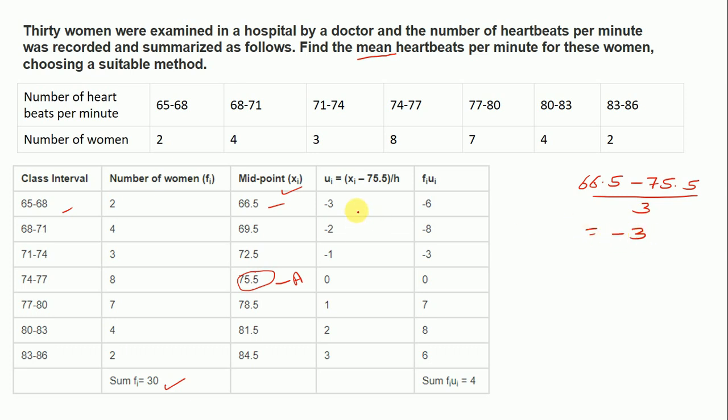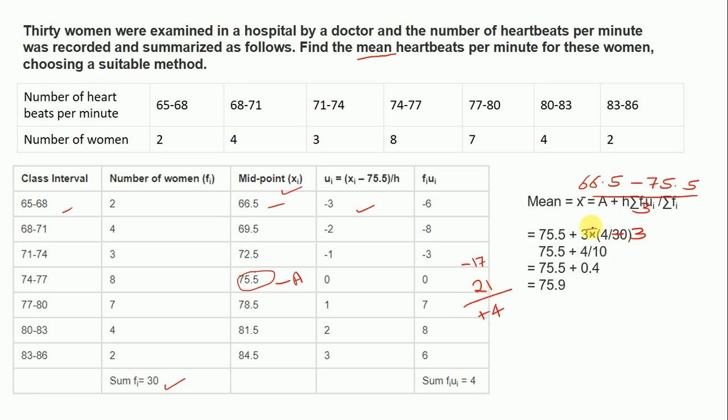So here it is Ui, and we have to solve for every class interval like this, and after that multiply Fi into Ui, then find the sum of FiUi. In this case, minus 6 minus 8 is equal to minus 14, minus 3 minus 17, and 8 plus 6 is 14 plus 7 is 21, so it will come out as plus 4, and here the mean is A plus H into FiUi